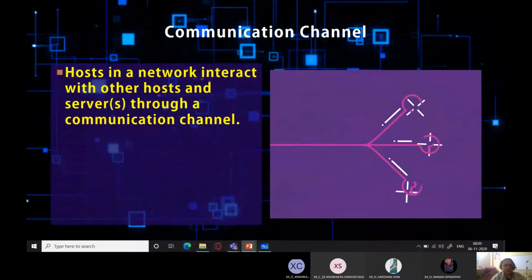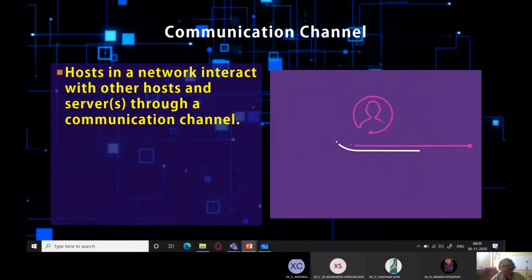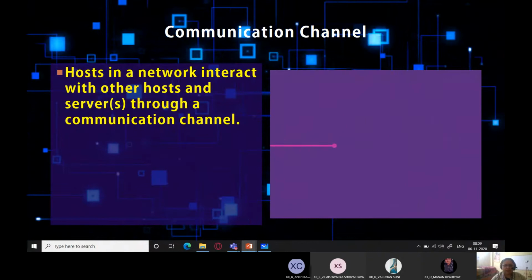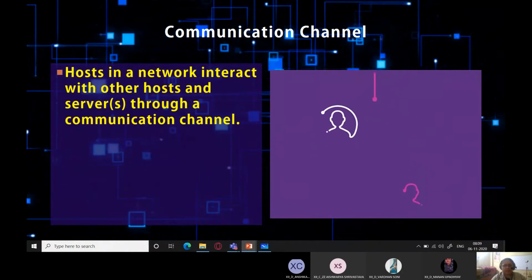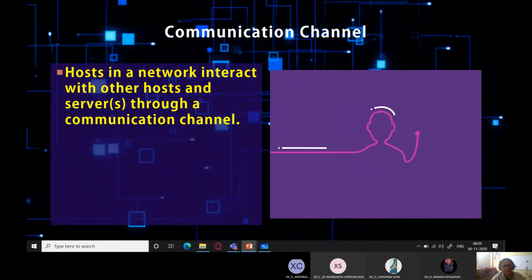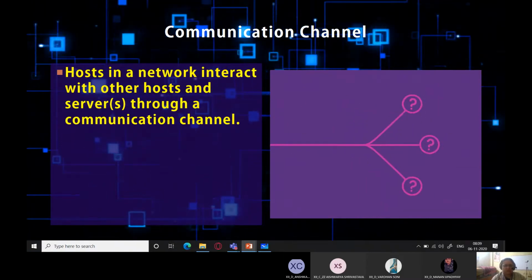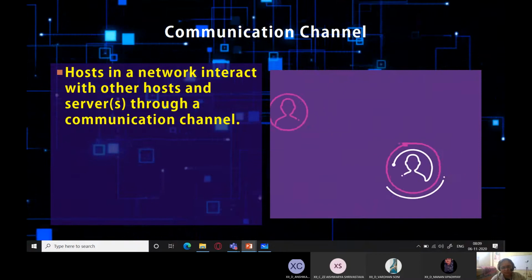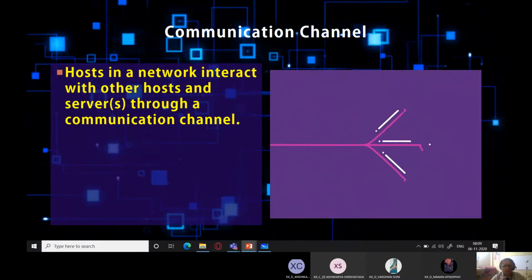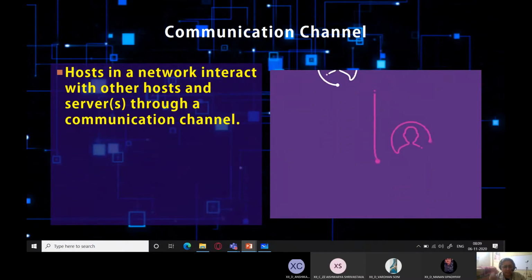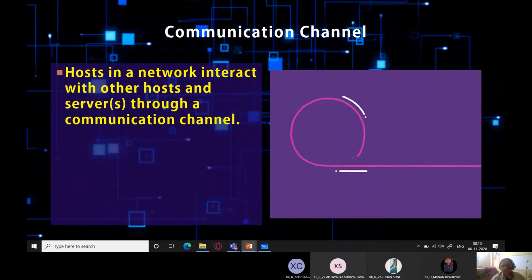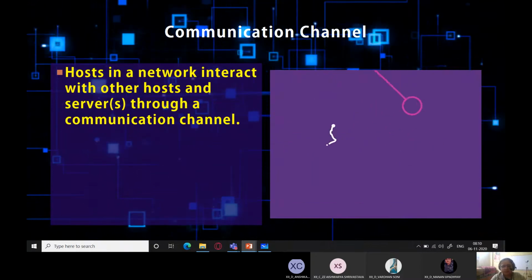Then we have the communication channel. You have your client, you have the server, but in order to carry data from the client to the server, and not just client to server but from one computer to another computer connected through a network, we need something. I'm not specifically talking about the internet, but about any network where computers are connected. You need a communication channel, that is a transmission medium.